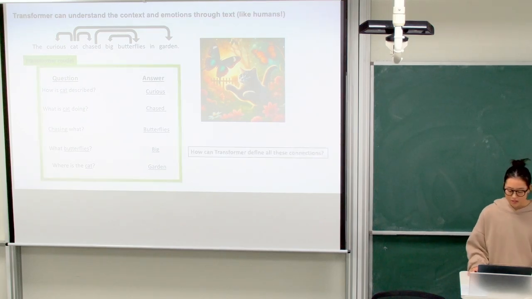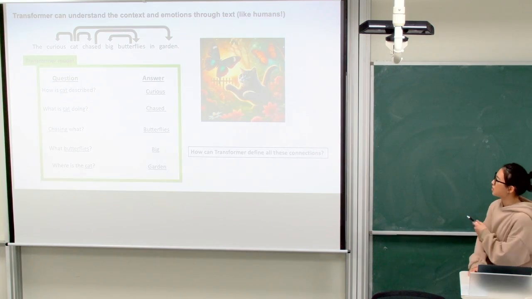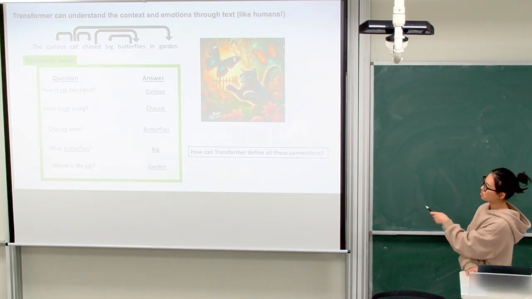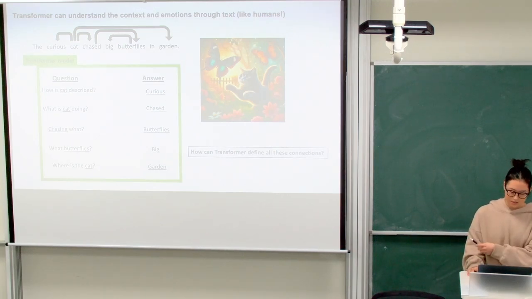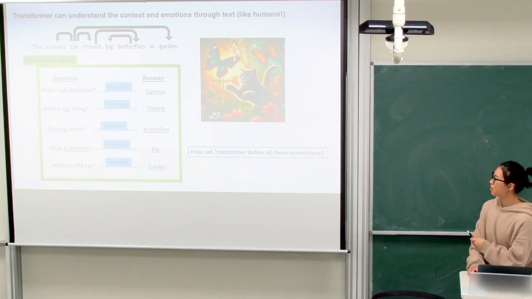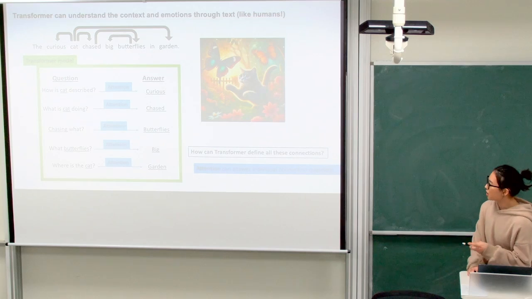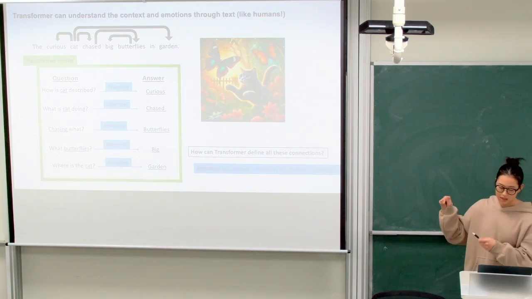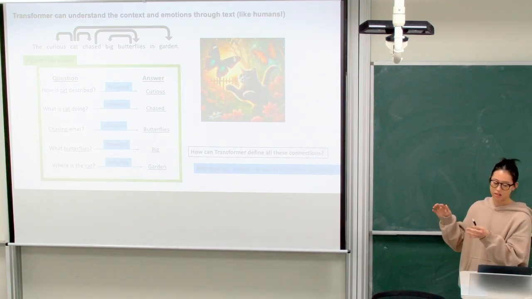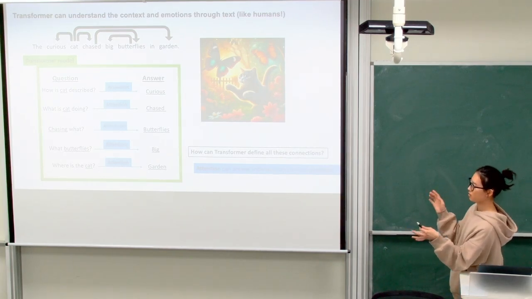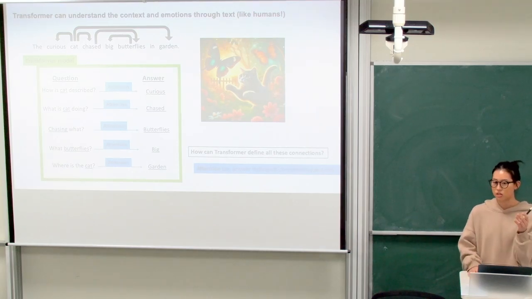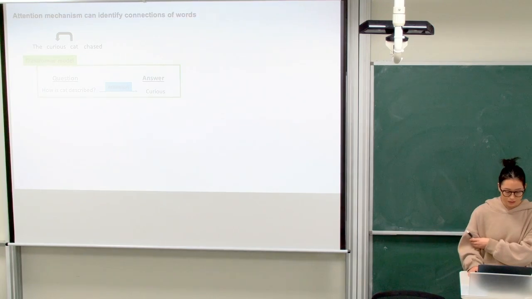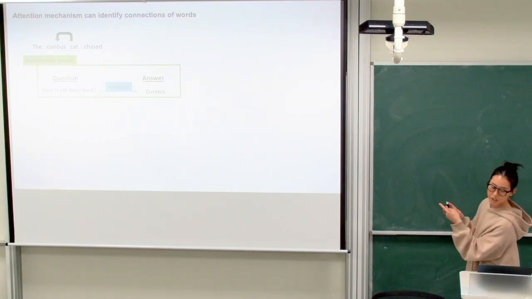So how can transformer define all these connections in between words? And these are defined individually with a mechanism called attention. And attention can answer individual connection questions that will create the whole transformer model. So this presentation will focus on the attention mechanism. So to only focus on the first question like that,